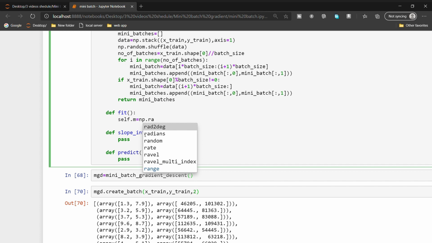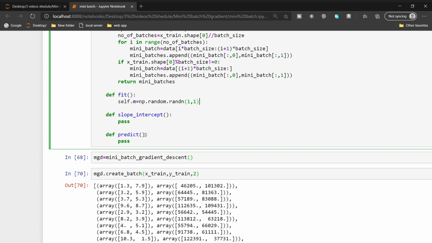So this is helpful when you have more than one independent variable. You just need to change one number for changing the number of independent variables. Let me show you that. np.random dot random, so here 1 comma 1, that means we have only one independent variable. If you have 2 independent variables, then you need to change it to 1 comma 2 like that.